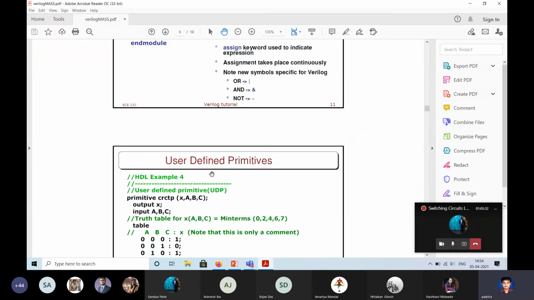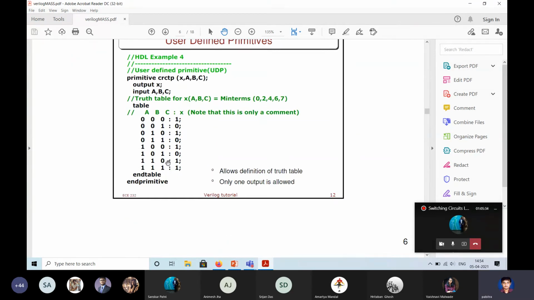Instead of a Boolean expression, you can also give the description as a truth table. So this comes like this. Suppose I have a truth table on ABC where the min terms are 0, 2, 4, 6, 7. You write this as a table, and then you write the variables. The colon separates input and output: anything to the left of the colon is input, right of the colon is output.